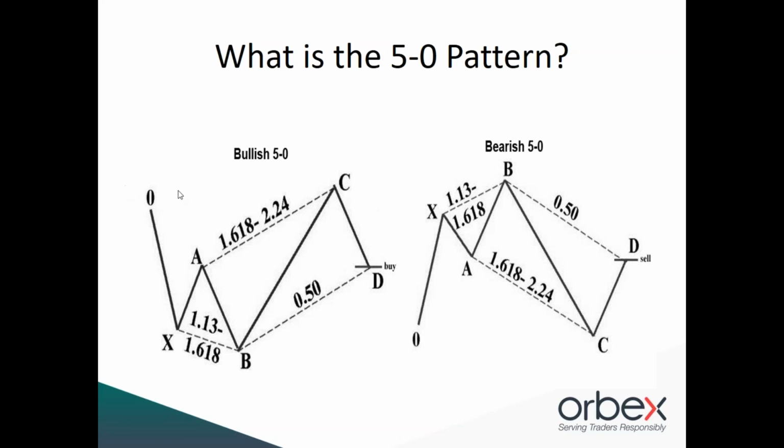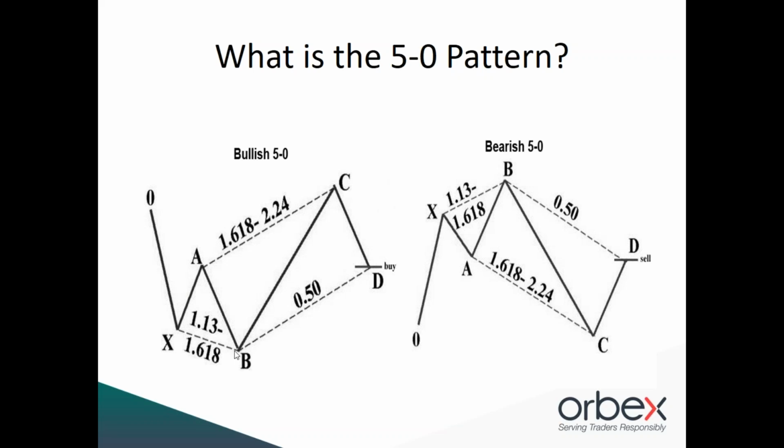Looking at the bullish version first, the pattern begins with an initial bearish drive from the O to the X. Then we get a retracement higher that gives us the XA leg. X is always the start of the harmonic pattern, so the first leg is simply the setup into the pattern. Then we get one further push lower, giving us a new low below the low of the XA leg,